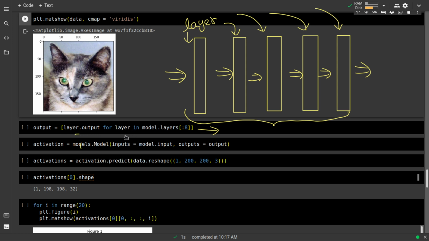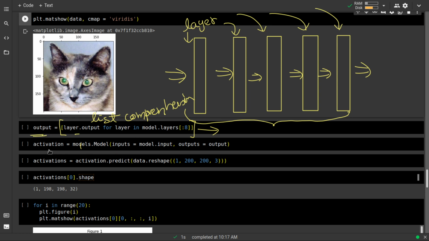So the output of this layer should be put in this list that you are actually seeing over here. So this is actually a list comprehension that we have already learned in your second semester. Okay. So this is a list comprehension, and this is doing nothing but taking all these layers, disassembling them from the main model, and then putting those layers in this list, and this list is this output list. All right, so we have just named it output.